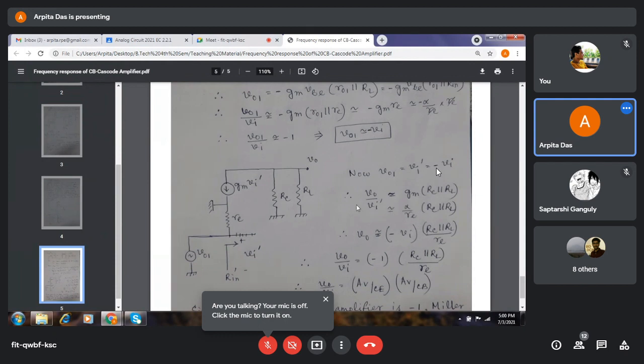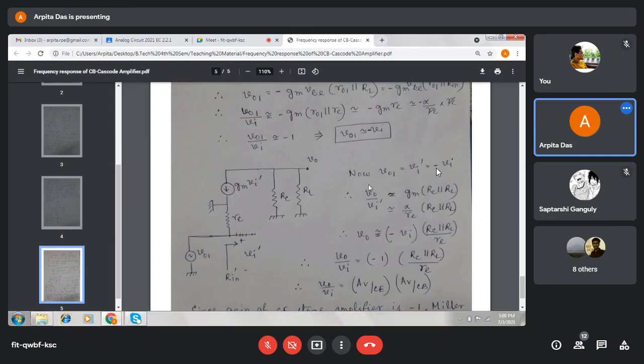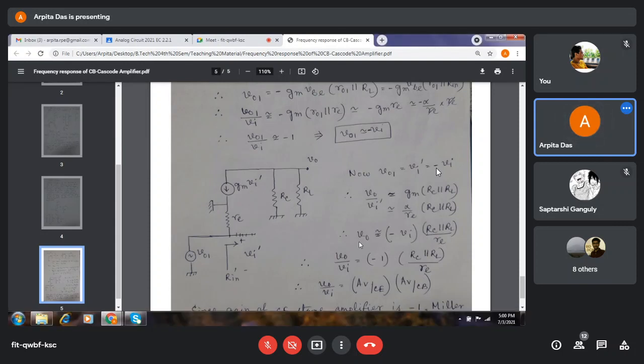And if we take this ratio, we have found that this minus will be plus, and this one is like this. You just calculate this one. The ratio of VO by VI prime will be like this. Now, then what will happen? VO can be written as VI prime. In place of VI prime, we can write minus VI and this resistance ratio. And minus VI is what?